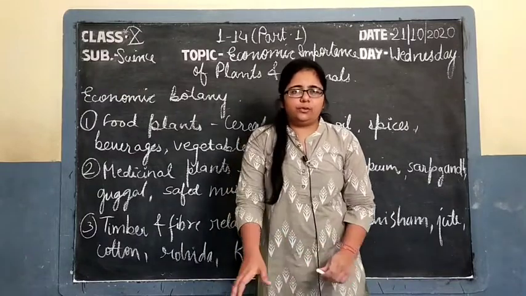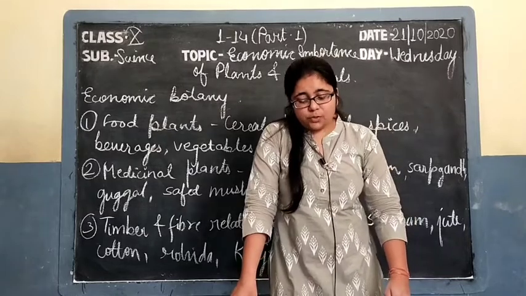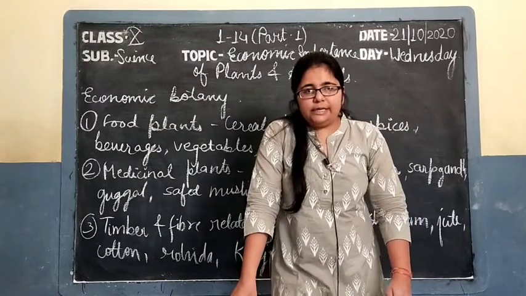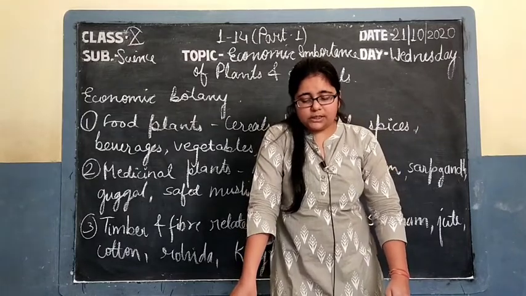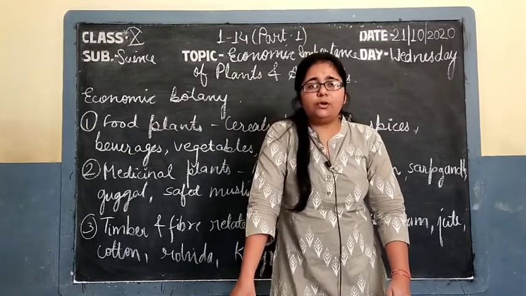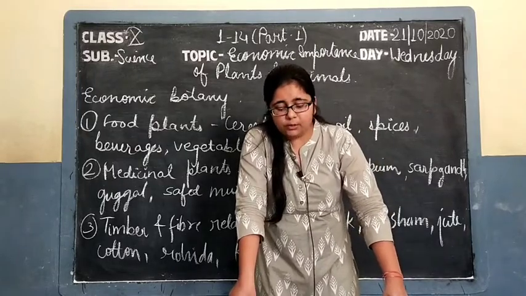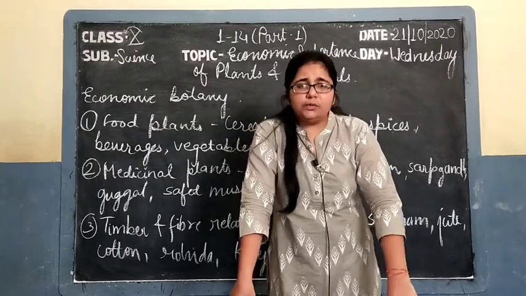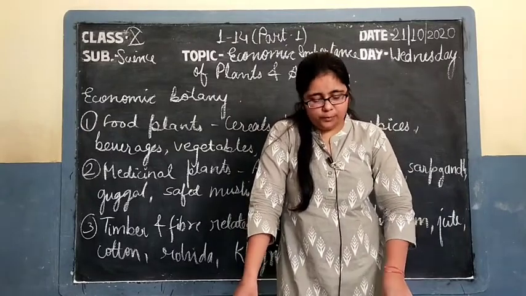After them, the vegetables which are obtained from the fruits. First one is tomato, that is Lycopersicum esculentum, brinjal, that is Solanum melongena, then ladyfinger, that is bhindi, Abelmoschus esculentus, and cluster bean, that is guar, which is also obtained from the fruit part of the plant, that is Cyamopsis tetragonoloba. So these are the scientific names of the vegetables which are obtained from the fruit part.